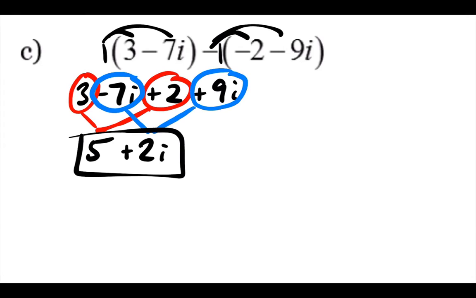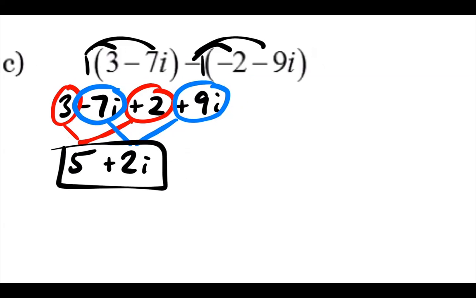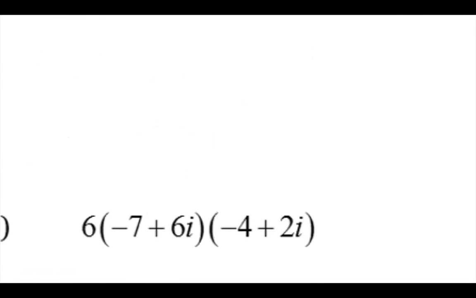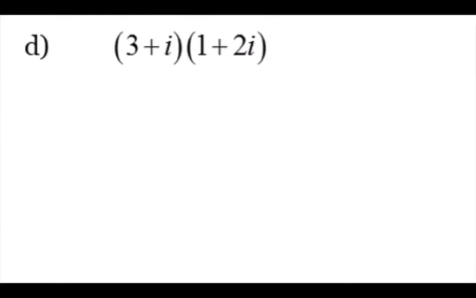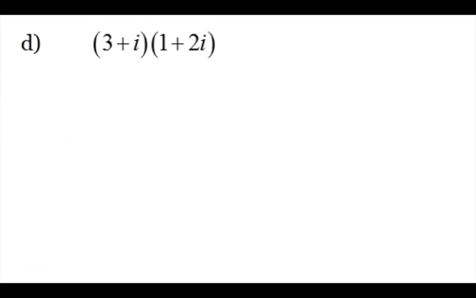So if you look at the next one at the top of the next page, that is multiplication. What's in between? There's nothing in between here, right? There's no negative in between, right? So that means multiplication. Okay. So how do we do multiplication? Well, I'm going to show you how I do multiplication, because multiplication can kind of get crazy sometimes. But if you keep it simple, it's probably going to stay easy. Keep it simple. Okay. So we have (3 + i)